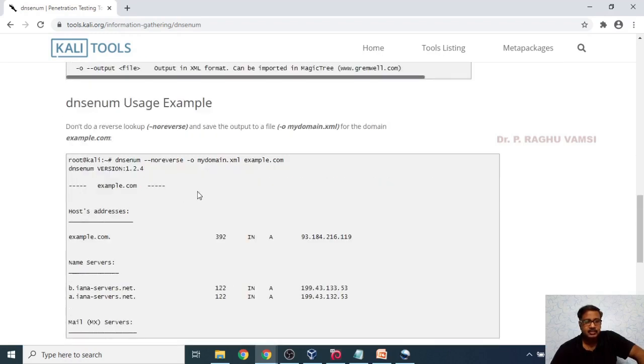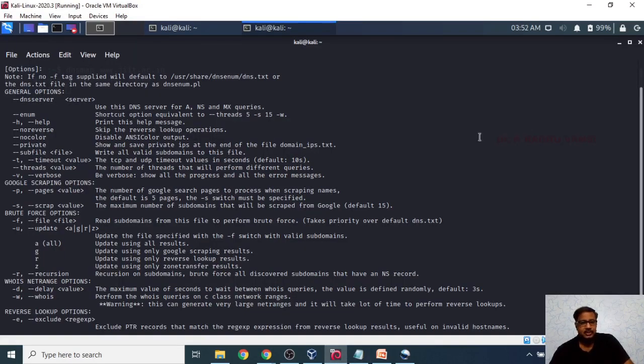This is the way you can use it: dnsenum --noreverse -o mydomain.xml example.com. The output we get via DNS enumeration will be saved in the mydomain.xml file, and this is the domain name.